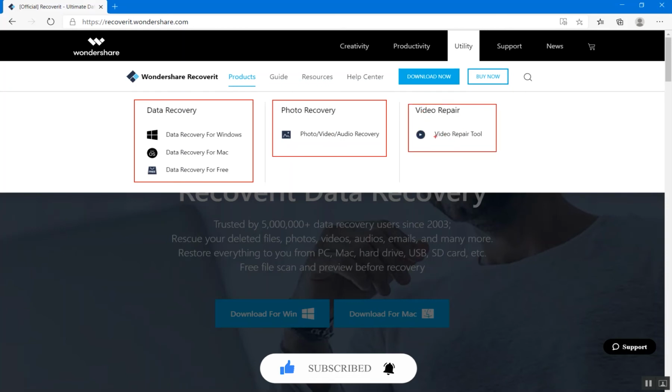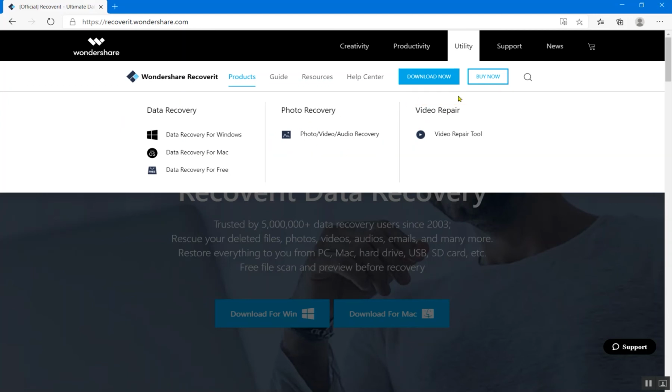They have separate tools for video repair and for photo recovery with additional features, but when you opt for the data recovery tool, you would also be able to recover your photos and your videos as well. But these separate tools offer additional features. You may consider these two tools as well, but generally speaking about data recovery, this tool is best for anything. If you have photos, videos within your data and you lost your data, you can easily recover that data with this tool.